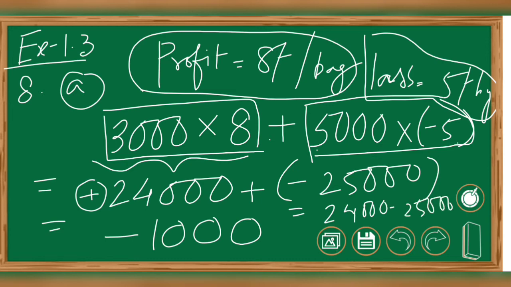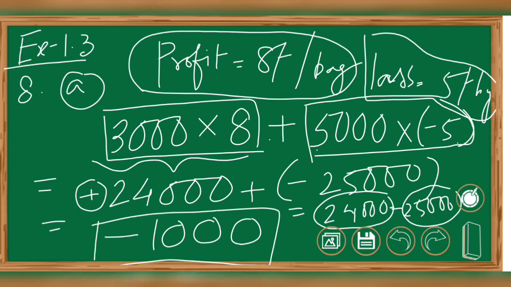Okay, so you can see that this is a smaller number and this is a greater number. So the greater number is subtracted from the smaller number. That's why you can say that the answer will be a negative integer. First thing. Second thing, as I said, the operation will be subtraction first, and the sign which is placed before the bigger number will be placed. So here the bigger number is 25,000, that's why the minus sign is placed, and after subtraction we are getting the answer 1000. So our answer will be minus 1000.